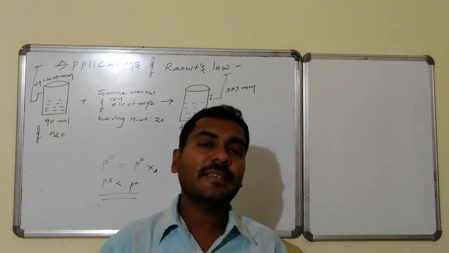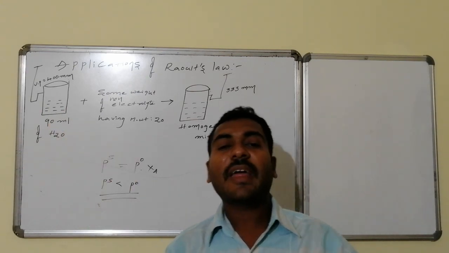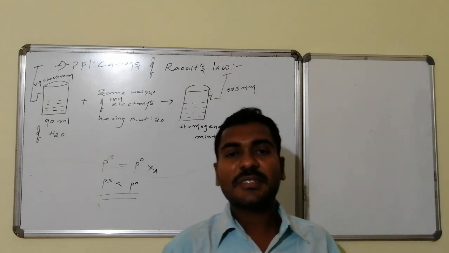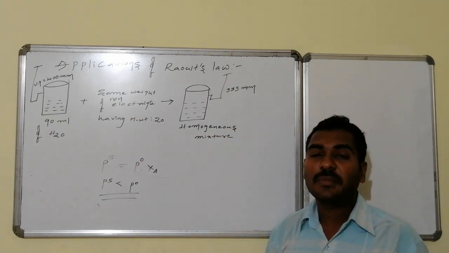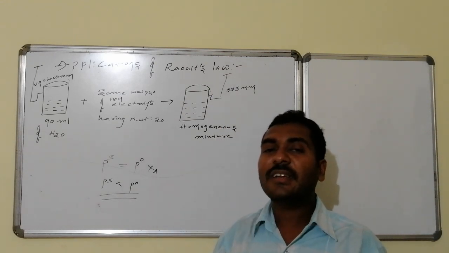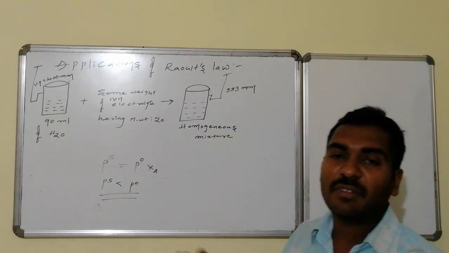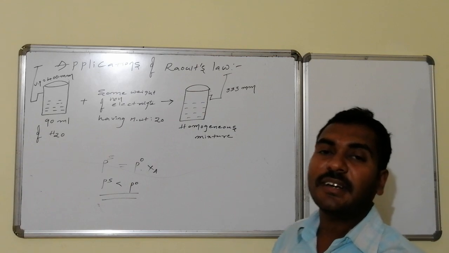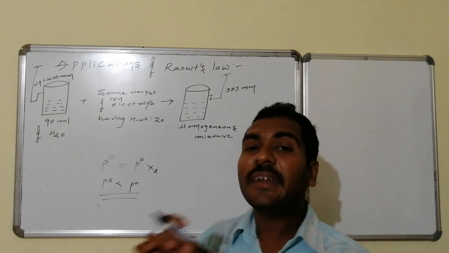The vapor pressure of the pure solvent is higher, and it is found to be 400 mm of Hg. On adding some amount of non-electrolyte, which does not undergo any kind of dissociation to produce more molecules, the homogeneous mixture formation occurred. As it is non-electrolyte and non-volatile in nature, because it is solid, the vapor pressure decreases, and the current vapor pressure, that is the vapor pressure of the solution, given by Ps, is found to be 333.